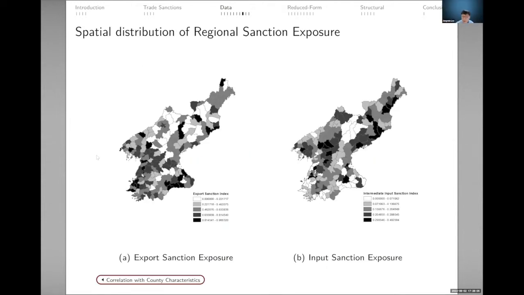So Steph has a question. Yeah, I just have a very quick clarifying question. So the location of the firms, this is firm level data, not plant level data, right? This is firm level data. That's correct. And then you're locating the firm by the headquarters of the firm as listed in the data set of firms.